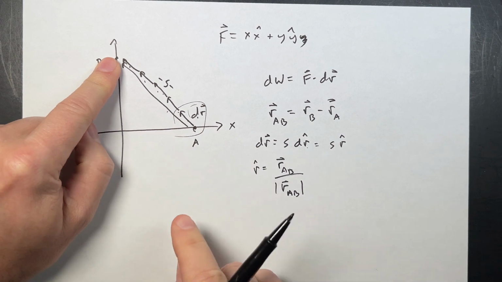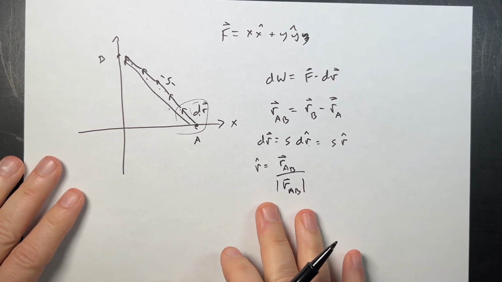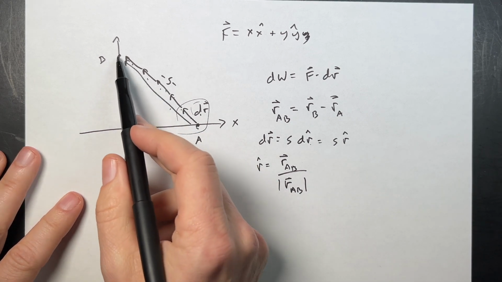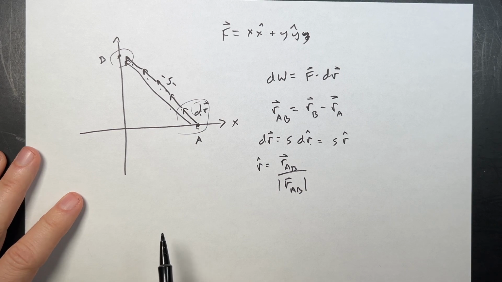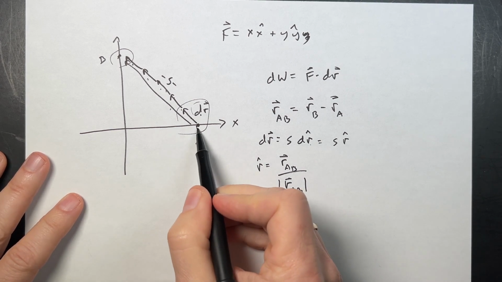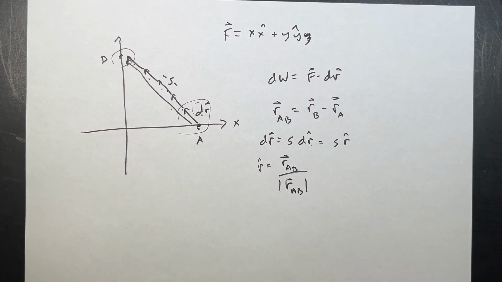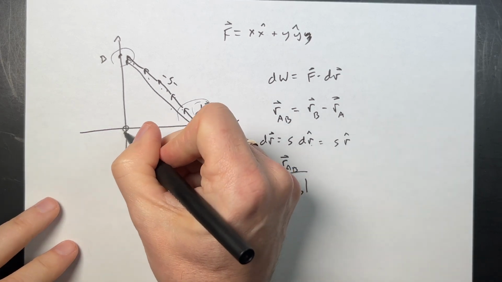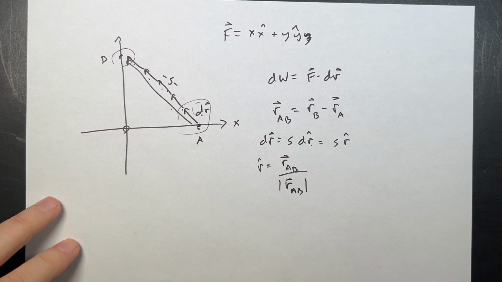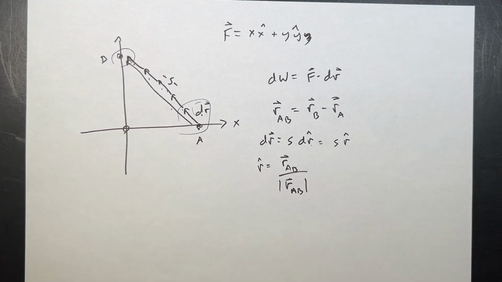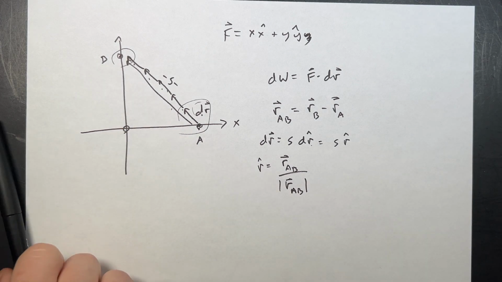Now, in Python, I'm going to have to think, how do I want to end my loop, right? Because I'm going to start, move, start, move, start, move. What's the condition when I meet this? What I'm going to do is say, as long as the x value of my location is greater than the x value of that, I'm going to do it. Because I can't do it as a vector, right? How do you say this vector is bigger than that point? That's kind of hard to do. There are ways to do it, but I'm just going to use the x-coordinate. I'm going to put a point there, make a sphere, and have a ball that moves, just to visually see what's going on. So let's go ahead and do that